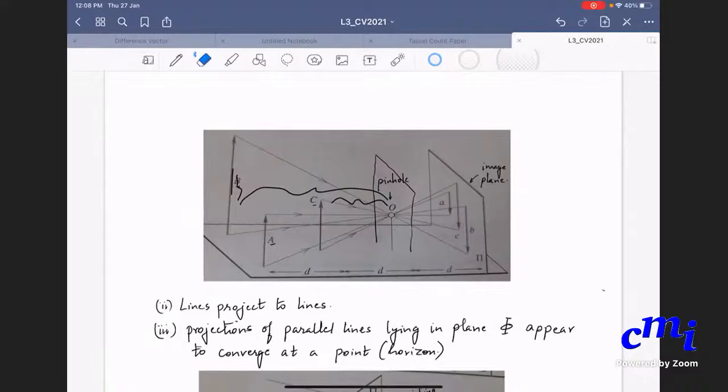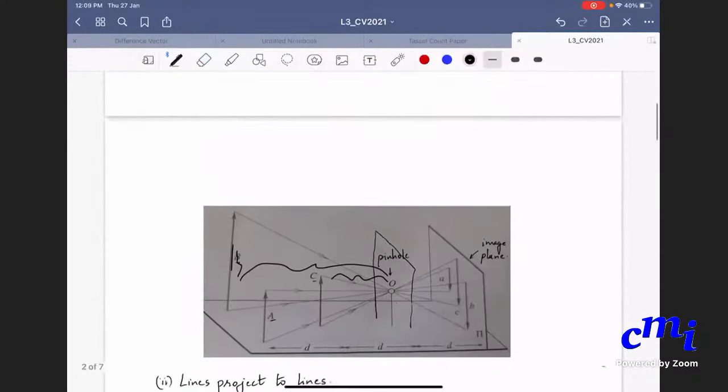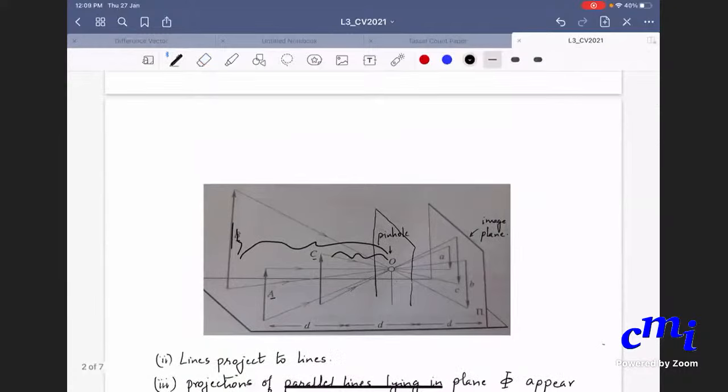And projections of parallel lines lying in a plane phi appear to converge at a point. This thing I will discuss a bit, but the first two points I think you can convince yourself of, or you can use Euclidean geometry, because if you look at this image,